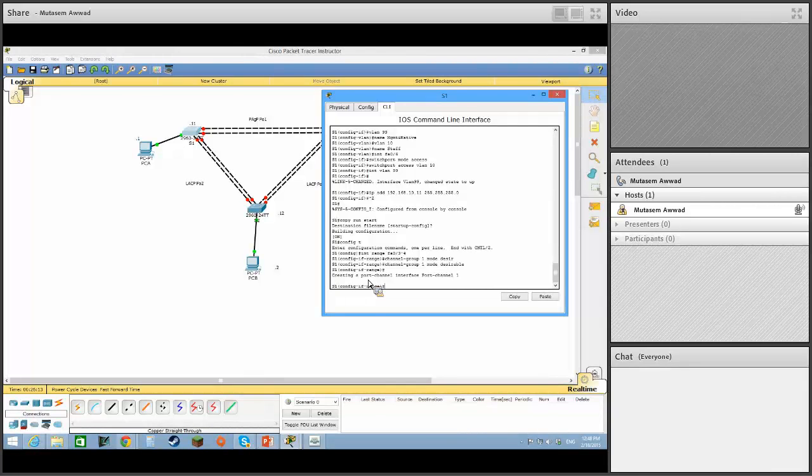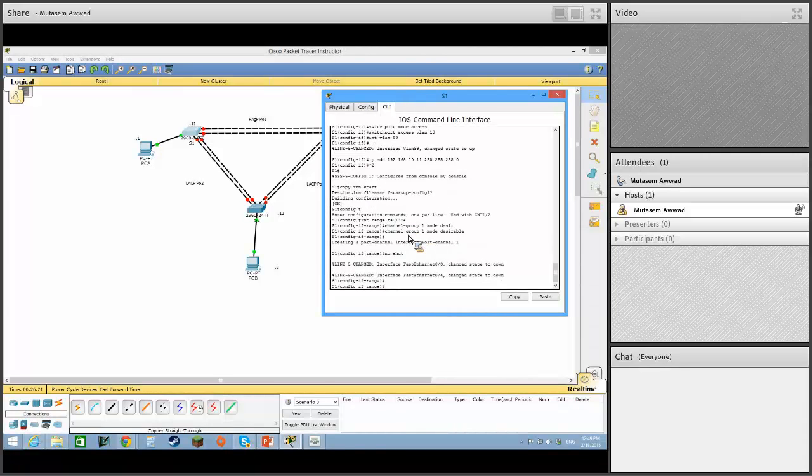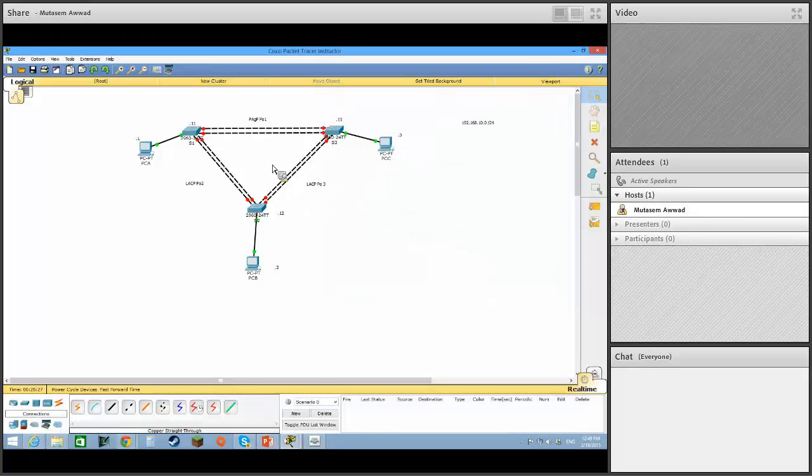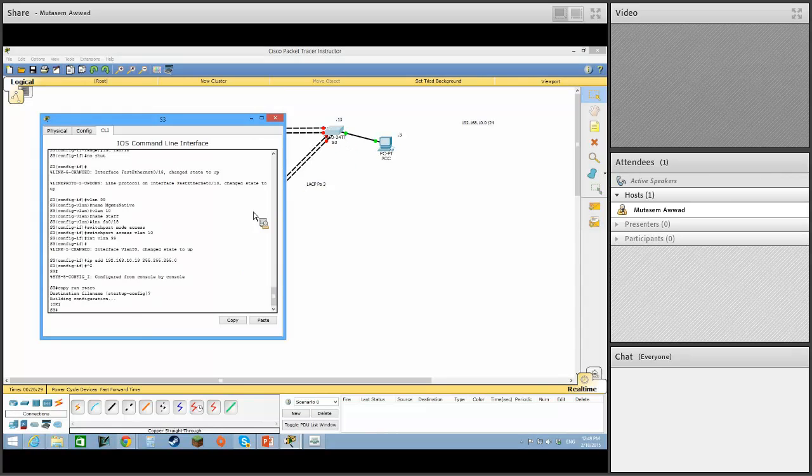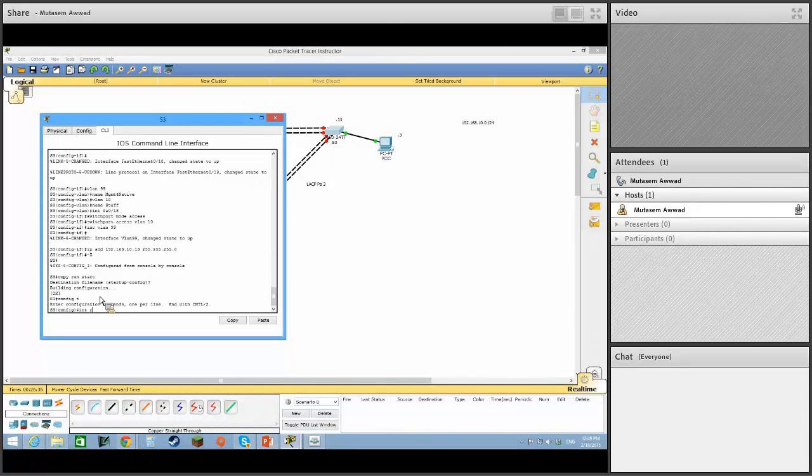All right, now we got to type no shut to activate both of these ports. We could have done that first, by the way. So type no shut. So now both ports are good to go. Let's go to switch 3 right here and do config T and go interface range